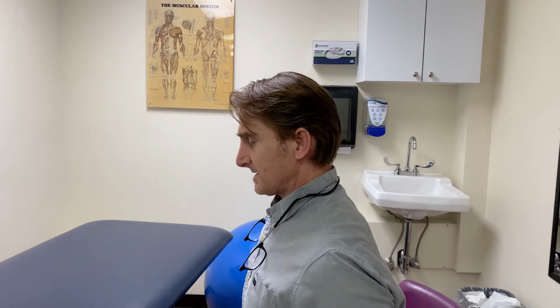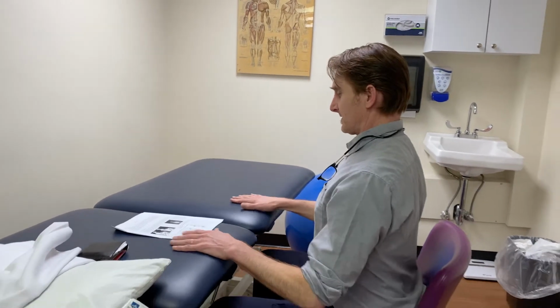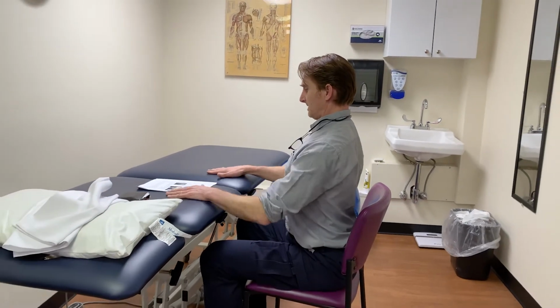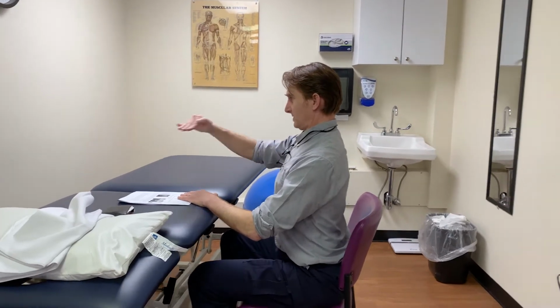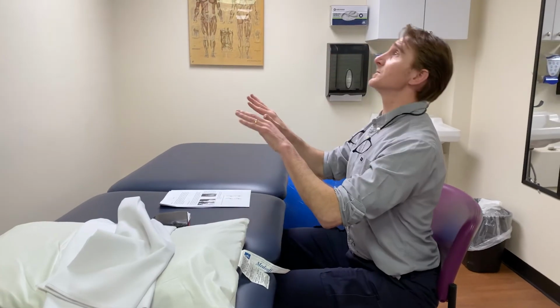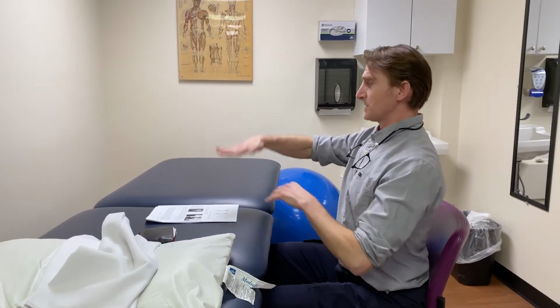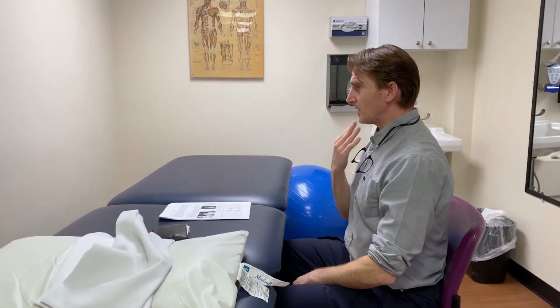Now from this, we can take and think about what's the best positioning while I'm working at my desk. So you want your computer to be in a position where the screen can be, again, sort of eye level. You don't want it down because then you'll start doing this to see it. And you don't want it too up because then you'll be doing this. So somewhere in this range where I can keep my head here, I'll go to my chin tuck,